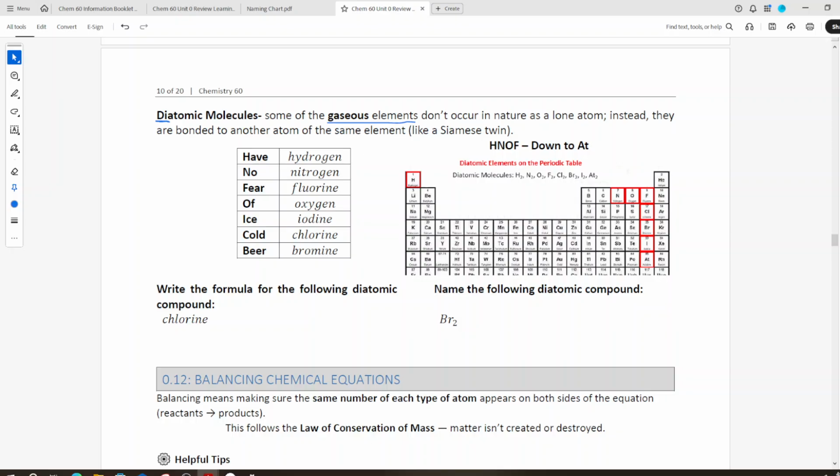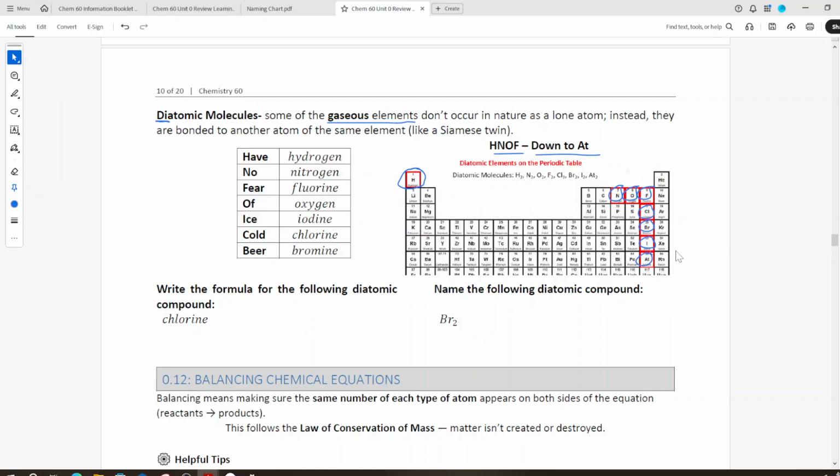So there's a couple ways of remembering which gas elements are your diatomics. There's this little saying, have no fear of ice cold beer. So it's hydrogen, nitrogen, fluorine, oxygen, iodine, chlorine, and bromine. I like thinking of H and off and down. So what I mean by that is it's hydrogen, nitrogen, oxygen, fluorine, and down, chlorine, bromine, iodine, and what is